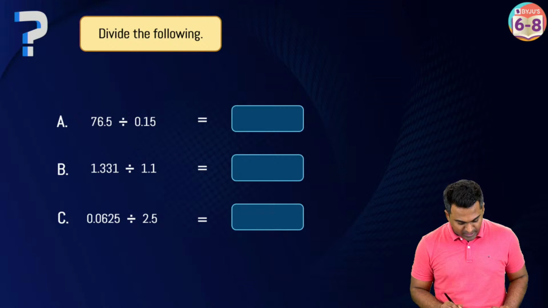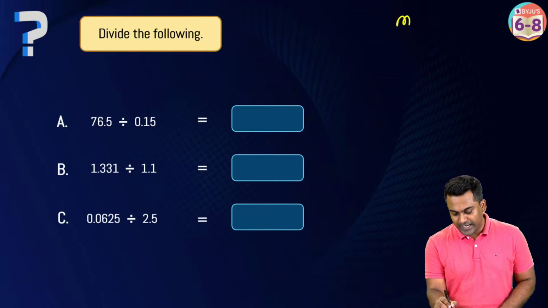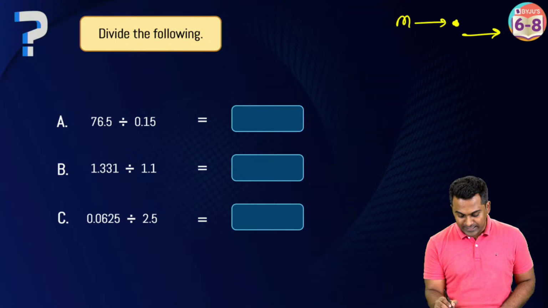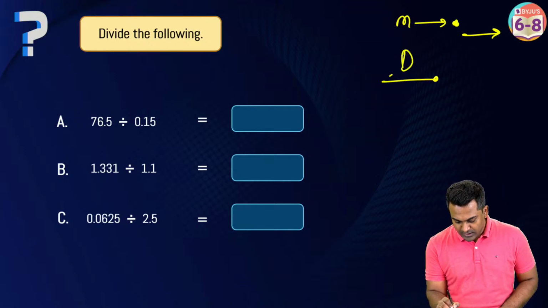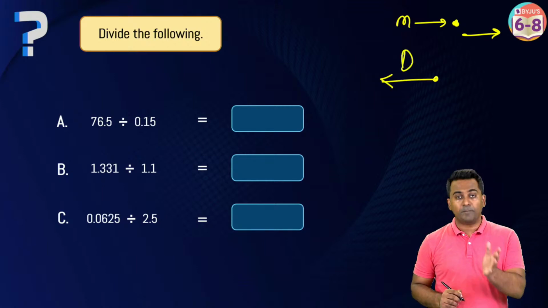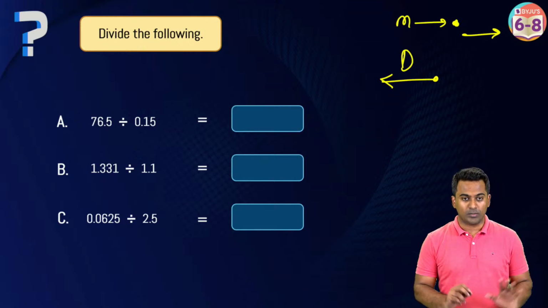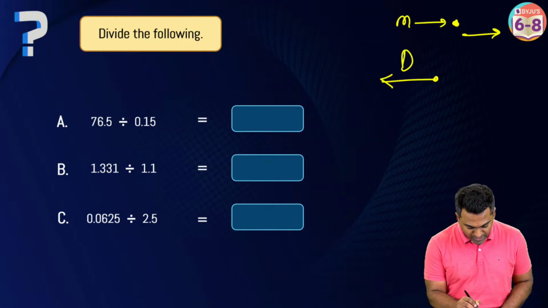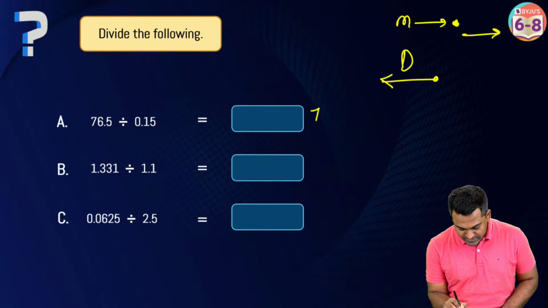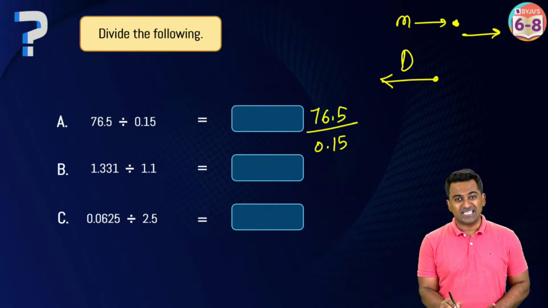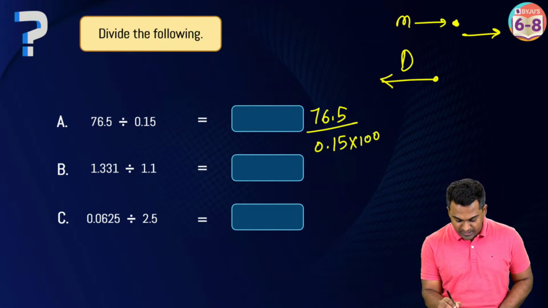Now let's go ahead and check out these things. So multiplication, the decimal point, you have to move it to the right hand side. When it comes to division, the decimal point will be moved to the left hand side. That's all. Okay, so come on, let's go ahead and check this one out now. So this is going to be what? This is 76.5 divided by 0.15. 0.15, I want to make it 15. So I will multiply this by 100. I will multiply this by 100. And this will be